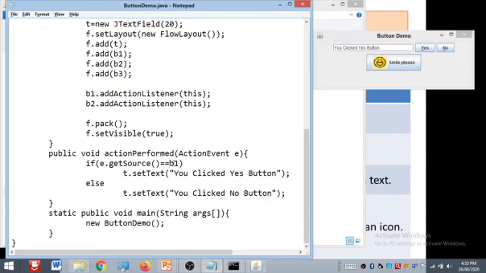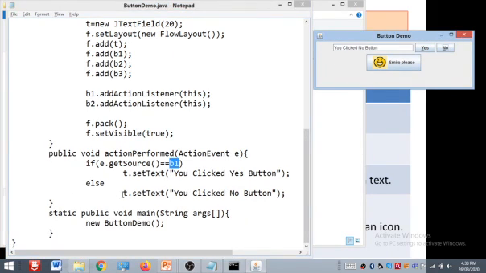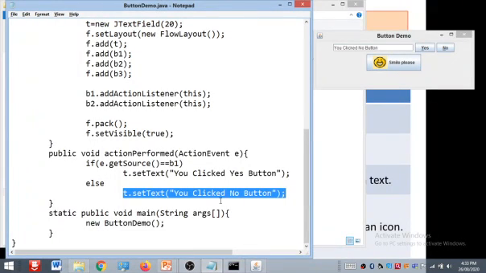So getSource equals B1. Then T dot setText. It means the text that we set on this T, that is the text field, says you clicked yes button. Similarly, if you click on no, you can set this message, you clicked no button.